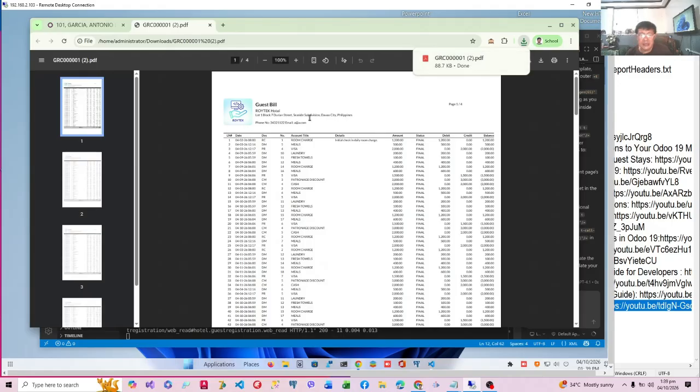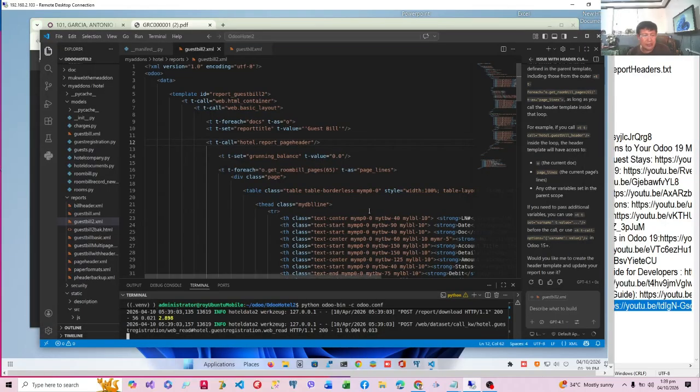Now our report specific page header. Anyway, it's a long report specific page header. So we'll use a different approach this time. We will compartmentalize our report by putting it in another template, the same as we did in our first header.